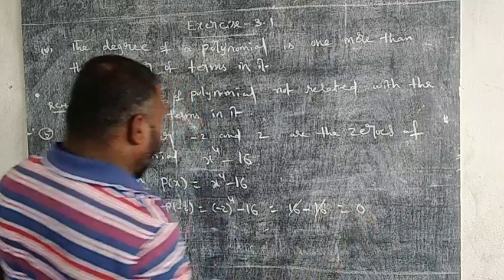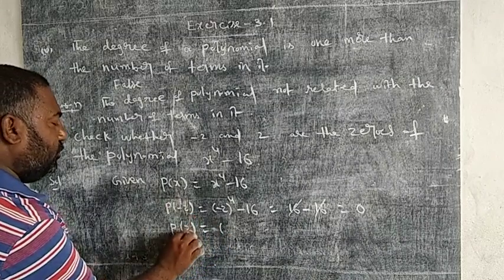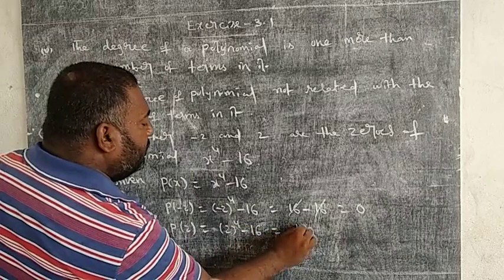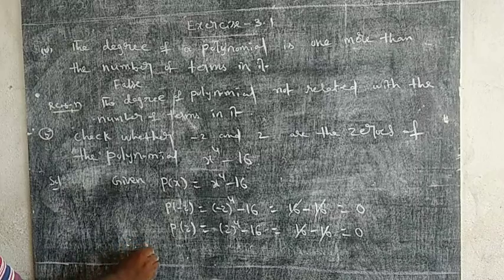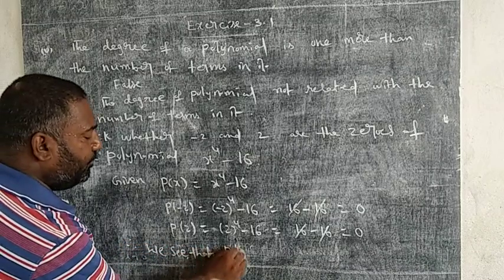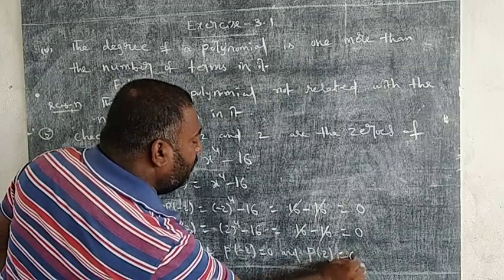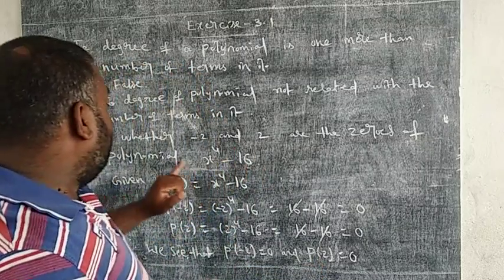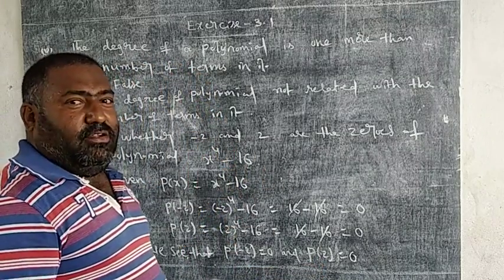16 gets cancelled, 0. In the same way, p of 2 is equal to replacing x by 2 in p of x: 2 power 4 minus 16. 2 power 4 value is 16, minus 16. It is also 0. Therefore, we see that p of minus 2 value is equal to 0 and p of plus 2 value is also 0. Then we say that minus 2 and plus 2 are the zeros of the polynomial x power 4 minus 16. So today we end the